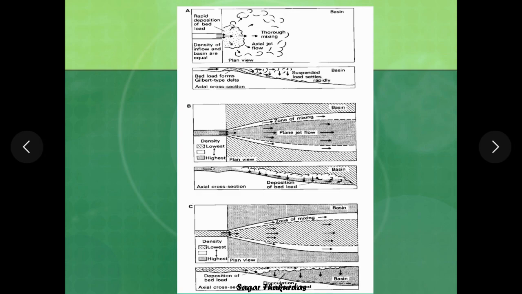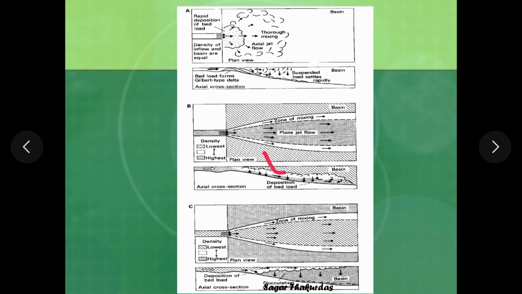Now to revise this again, you can compare these three different flows. The top one is homopycnal, where you get to see lacustrine deltas or inertia dominated delta or Gilbert type of delta with high angle cross bedding in the delta front sand. The second is hyperpycnal flow, where glaciolacustrine deltas are formed, which are friction dominated, where river water flows below the oceanic water in the form of turbidity currents.